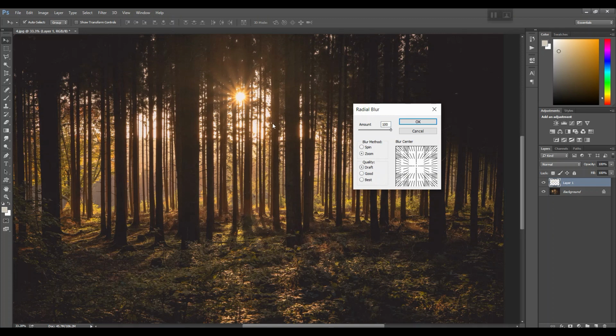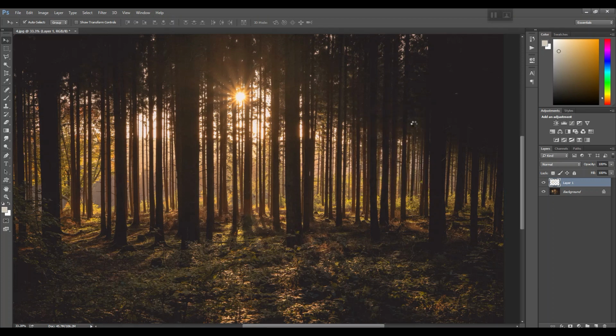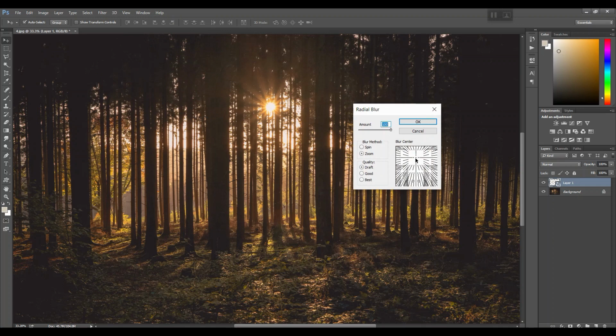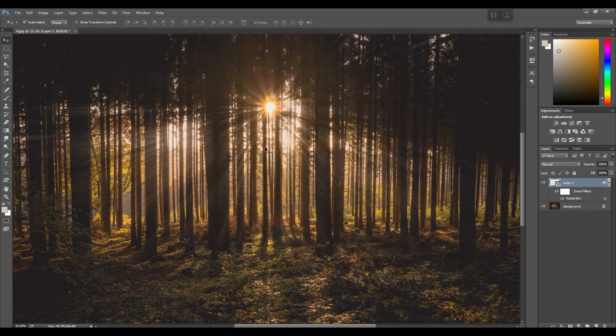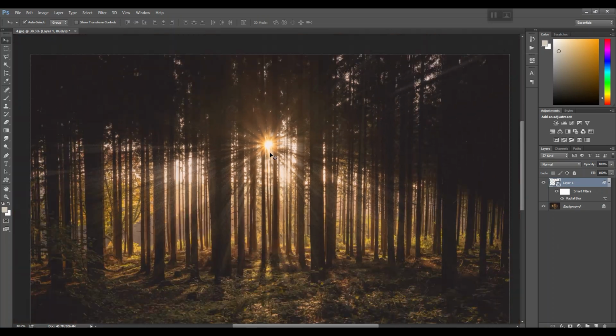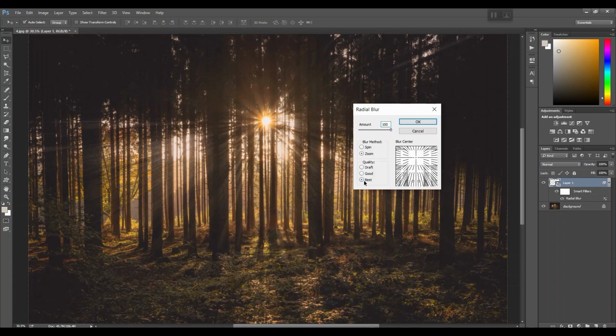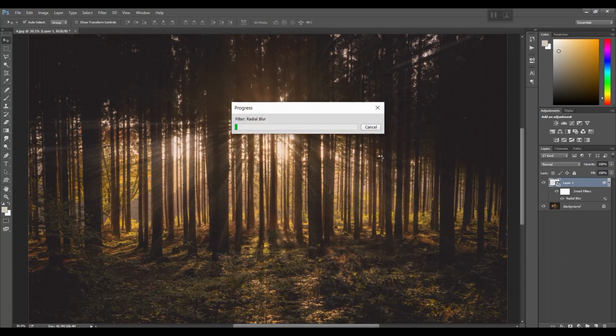With the help of this, you can adjust the position of your sun, as you can see, and click on Draft and OK to see if the rays are falling from the right point that the sun actually is. Now as you can see, the rays are below the sun, so we will repeat this method again. And when you are satisfied with your adjustment, when you know it's accurate, select the Best quality and simply click OK.